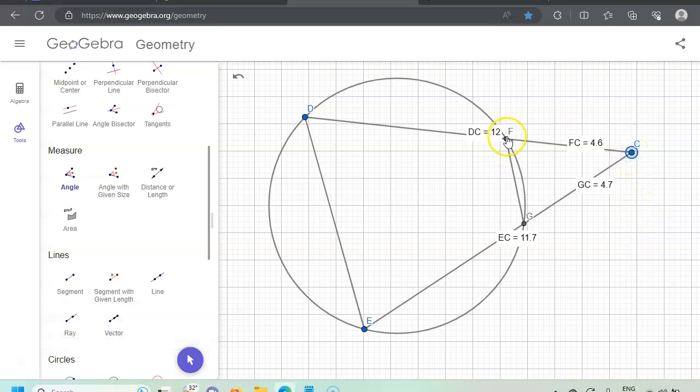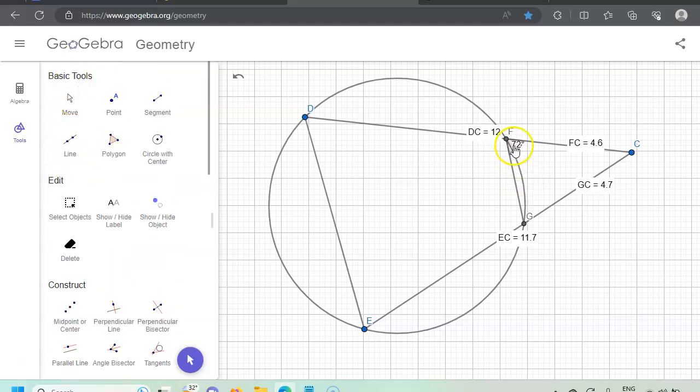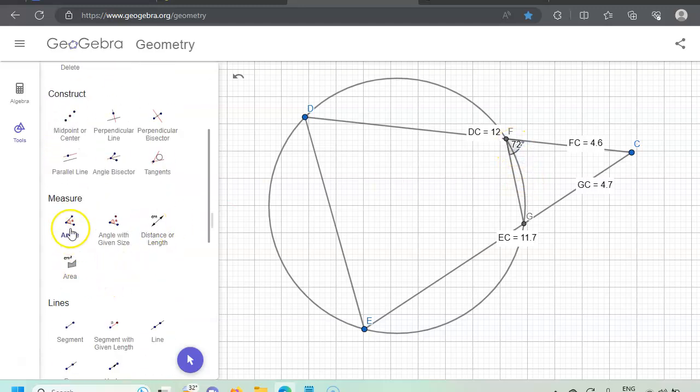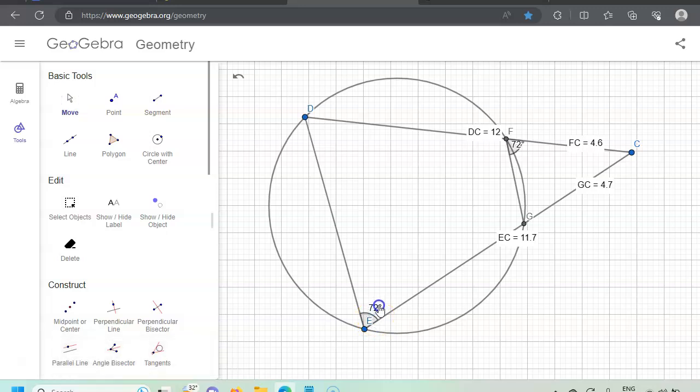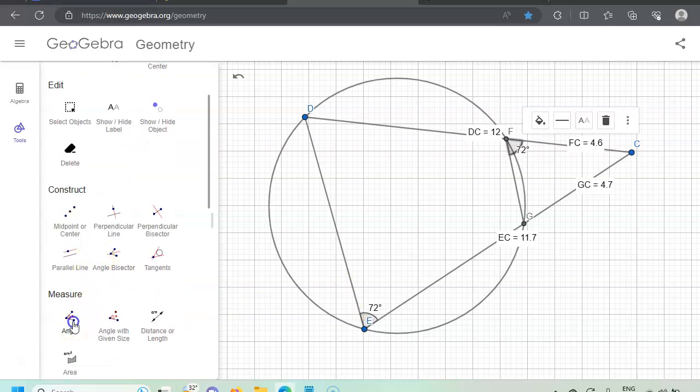So CFG, that's 72 degrees, and then we have DEC, it's also 72 degrees, right? Okay, and angle FGC corresponds with angle CGE. Okay, so let's show that. So FGC